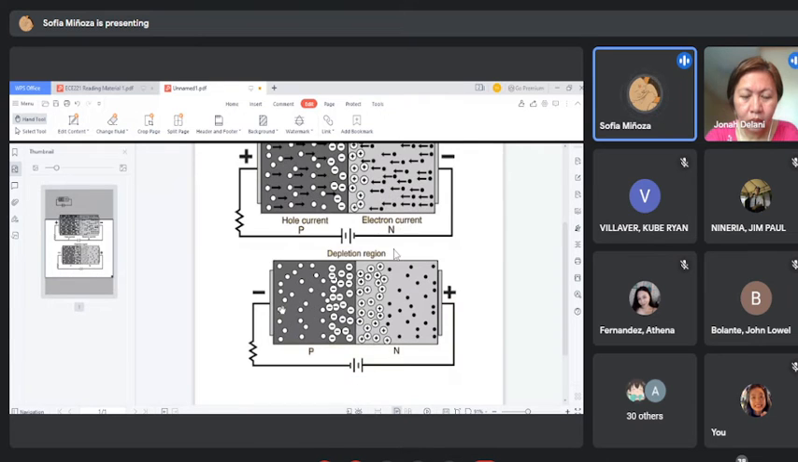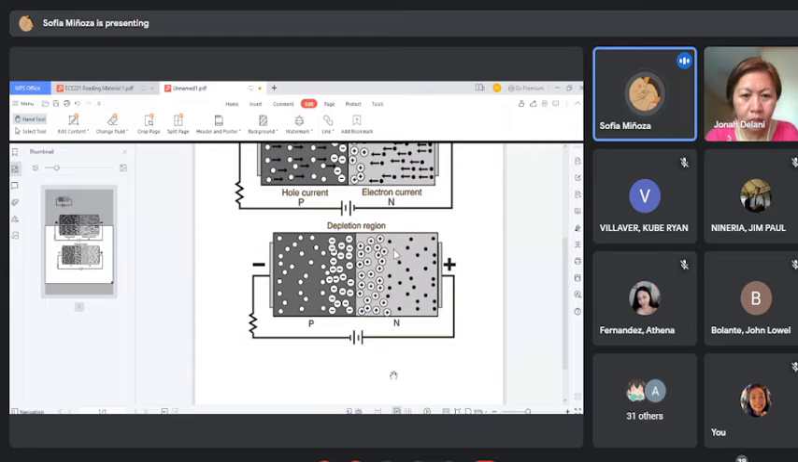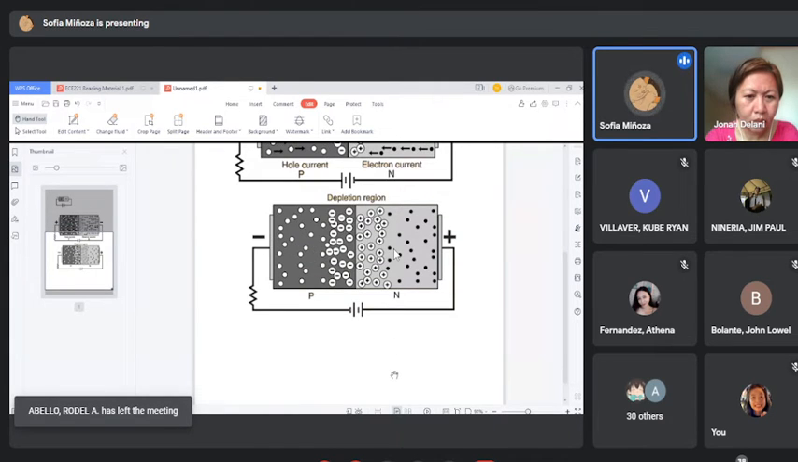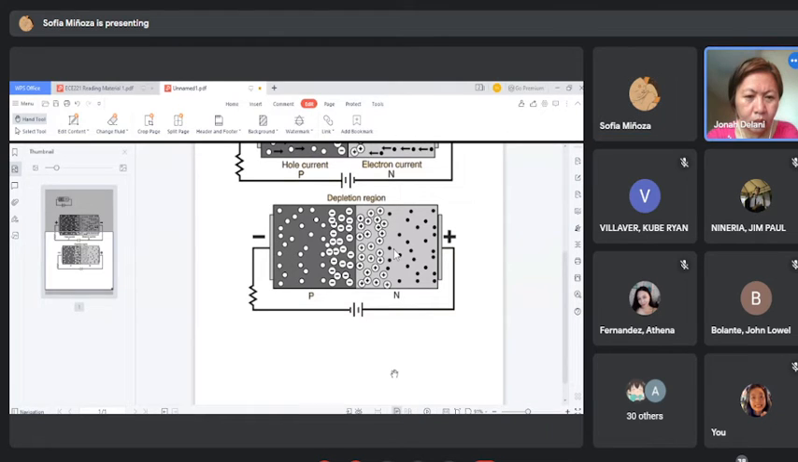Then when we reverse the power supply, so the positive is connected to the N type cathode and the negative to the P type anode, the holes are pulled toward the negative and the electrons are pulled toward the positive, causing the barrier to expand. Therefore, the diode acts as an insulator to prevent the